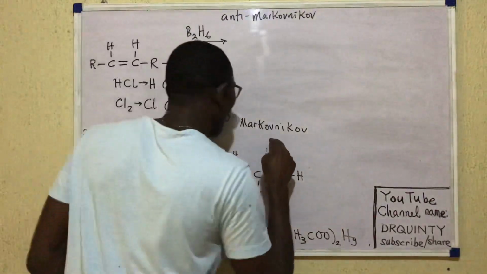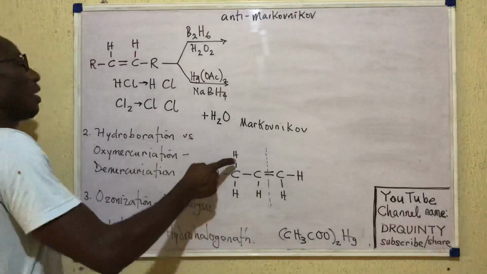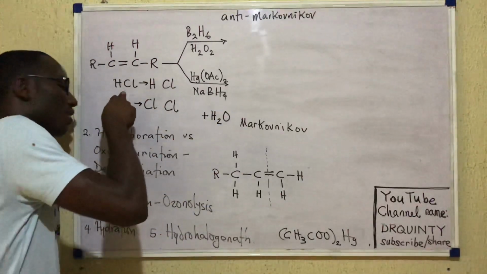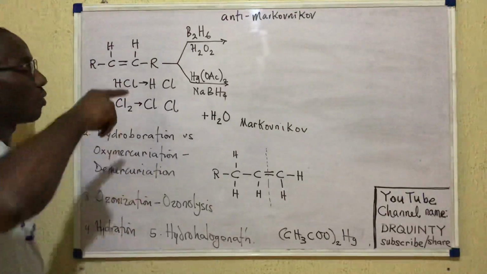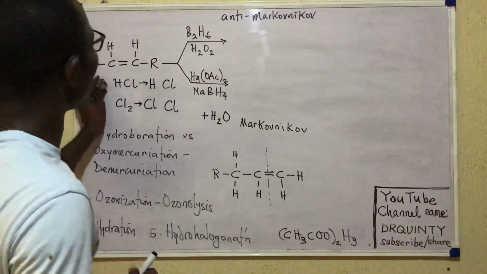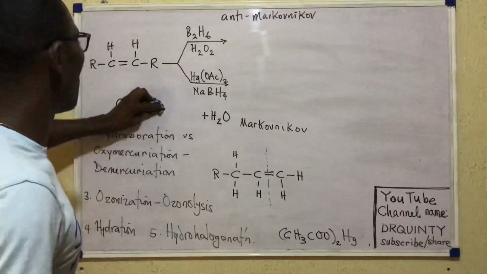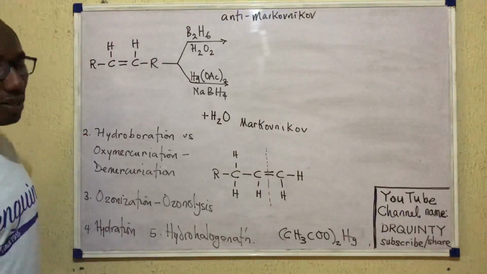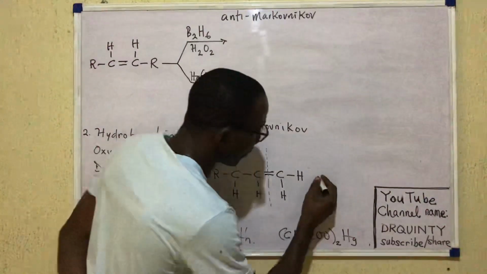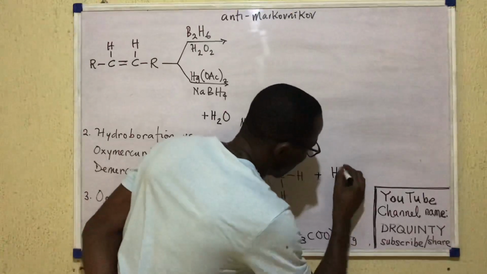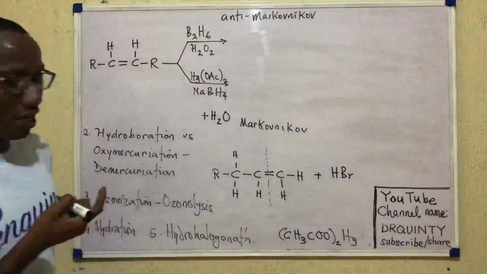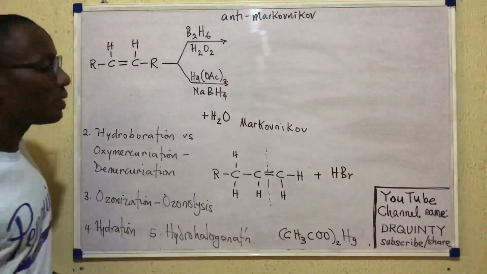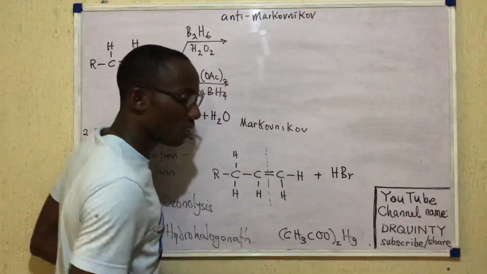Markovnikov's rule applies when you have an alkene that is asymmetrical reacting with a reagent like HCl that is also asymmetrical. So anytime asymmetrical meets asymmetrical, Markovnikov is present in the midst. Let me express it that way. So if this guy were to react with HBr, HBr is definitely asymmetrical because H and Br are not the same. So if this guy were to add on to this alkene,